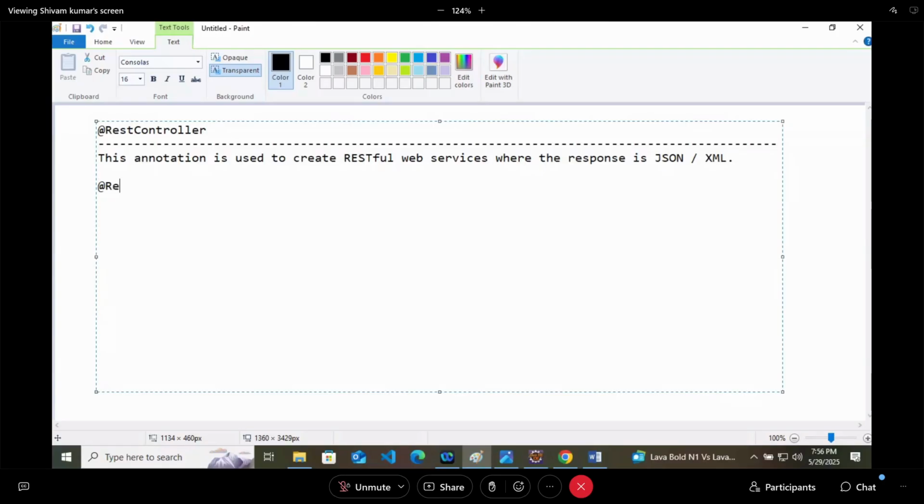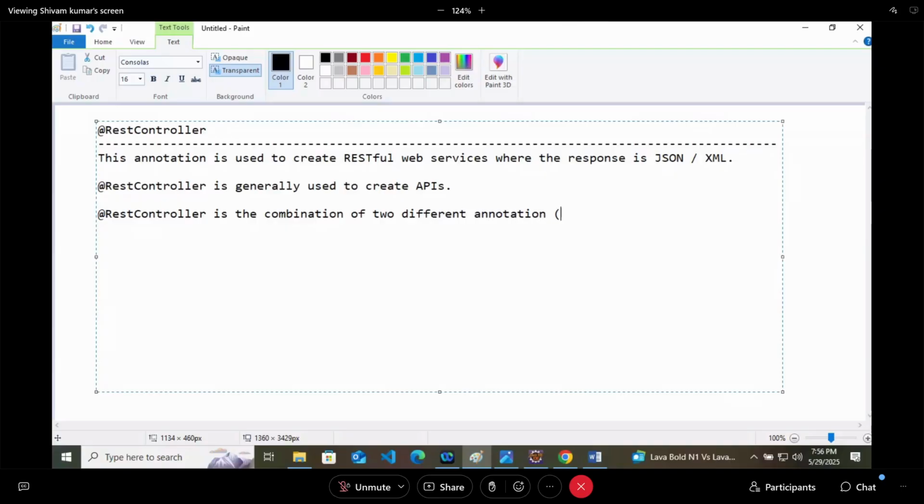@RestController annotation is generally used to create APIs. @RestController is the combination of two different annotations, that is @Controller plus @ResponseBody. Actually, these @ResponseBody and all are previous methods that we were using to create APIs.